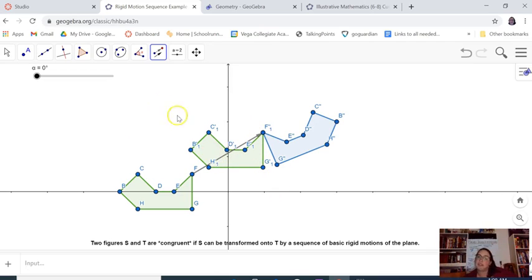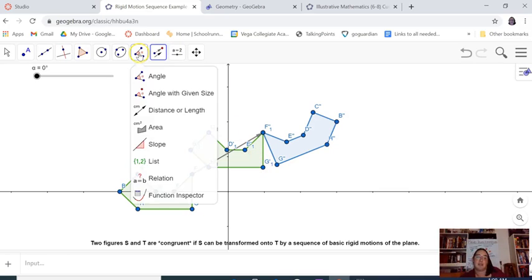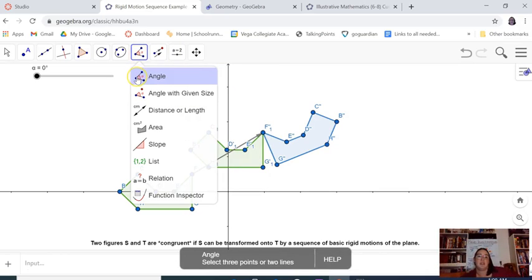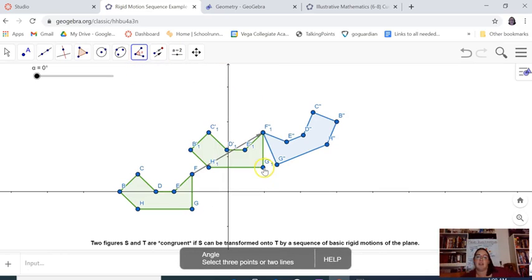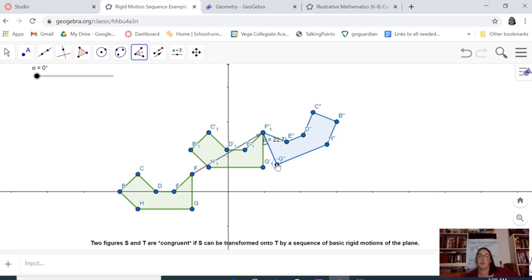So there are two ways I could find the right amount. I could use a protractor, or in this case I can measure angles using this tool. So I can go in and I can measure the angle length of the angle G F double prime to G double prime. Now the reason I'm measuring that angle is that we know when we make a rotation, I